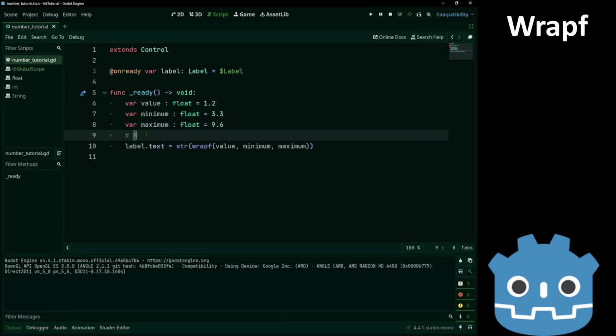Let's see. We have 1.2 minus 3.3. Mod the range, which is 9.6 minus 3.3, 6.3.